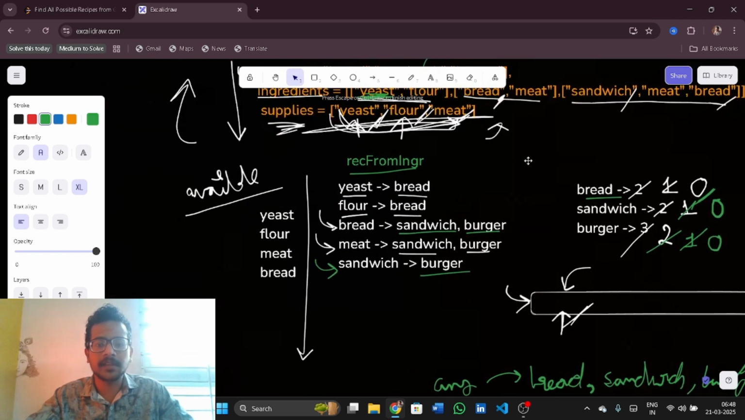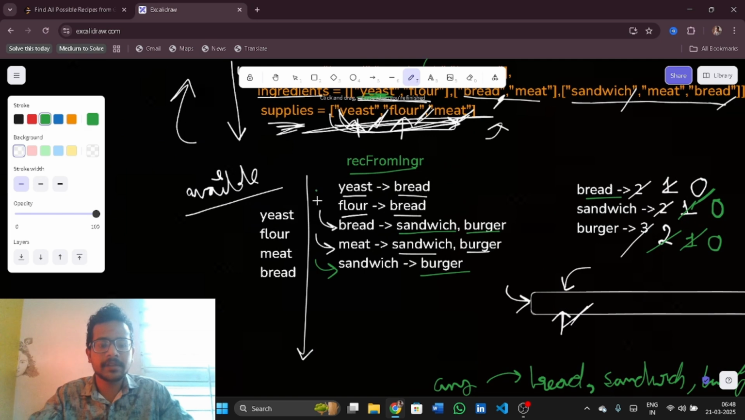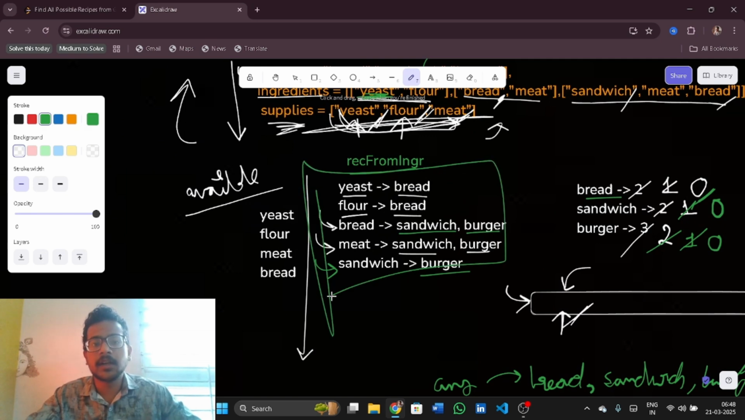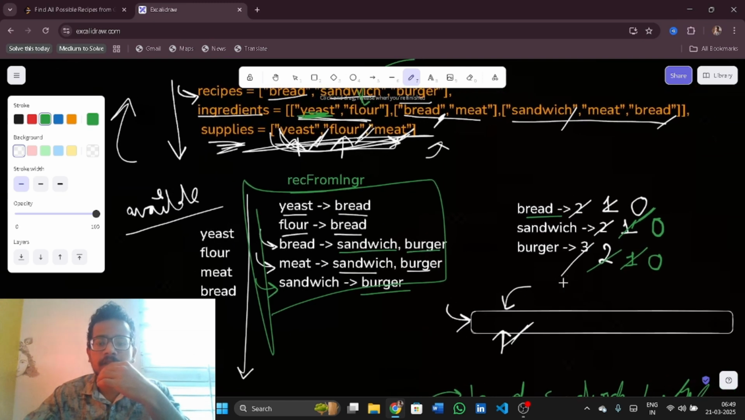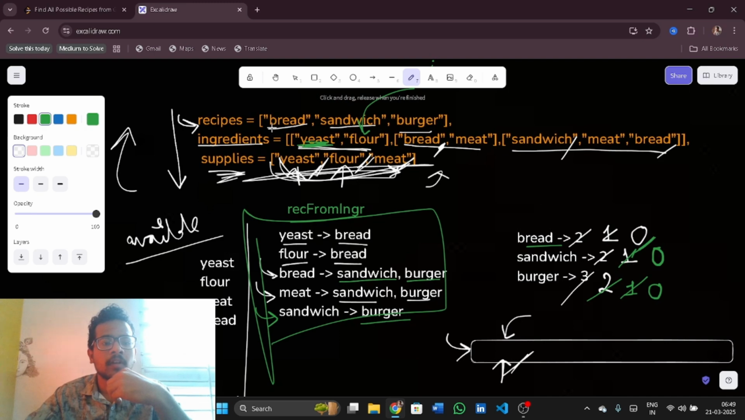Now this is made. For now this is completed at this point of time. But if you see, for bread I need 2 ingredients, for sandwich I need 2 ingredients, burger I need 3 ingredients. So it is nothing but for recipe of I, or here I need to take